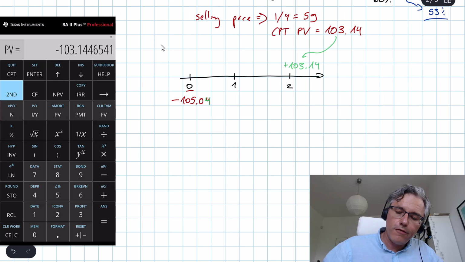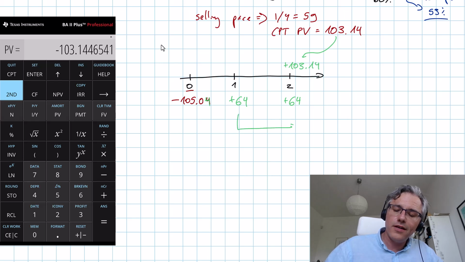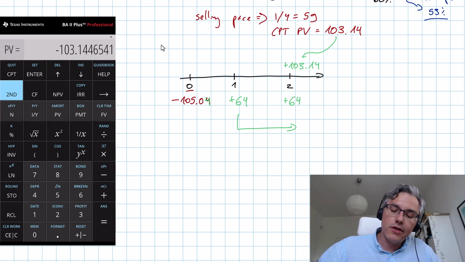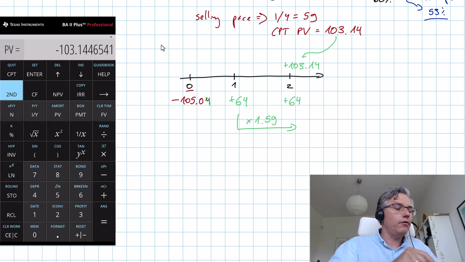Over here we get a coupon of 64. Over here we got a coupon of 64. But this one has an opportunity to get reinvested and accrue some value. This time, however, at a rate of 59% only, so times 1.59 to get that future value after one additional year. 64 times 1.59,